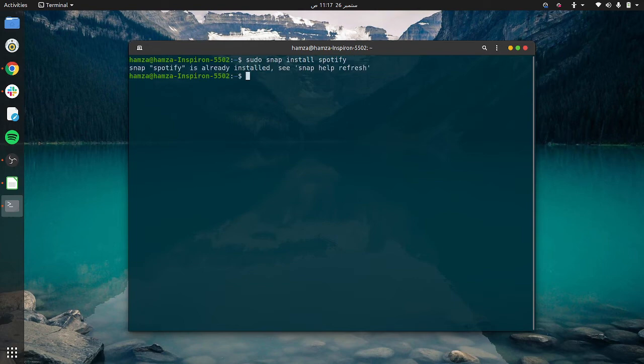That's right. So it says that Spotify is already installed. I already told you that, but the reason I wrote this command is to demonstrate how Snap is being used,